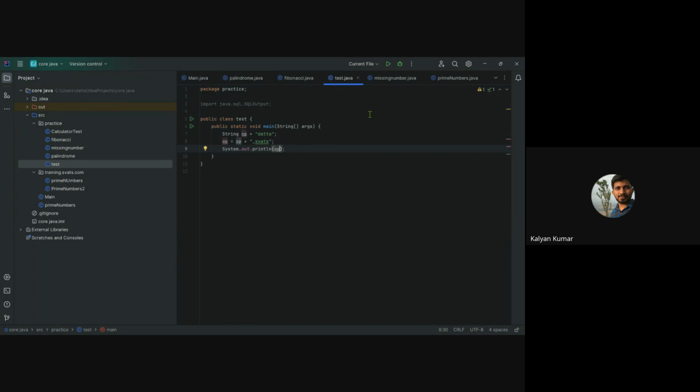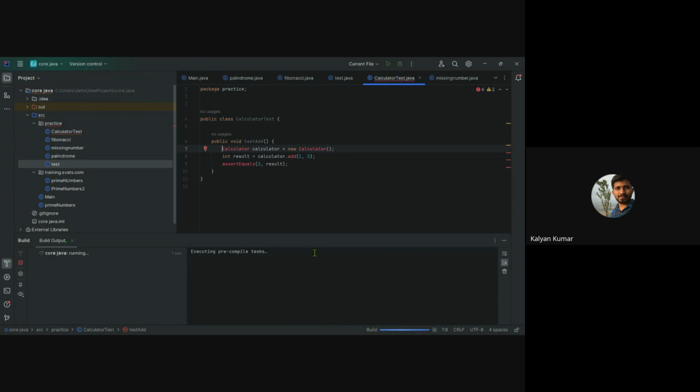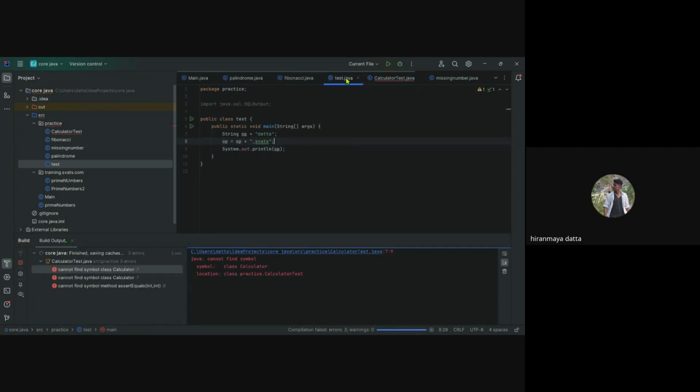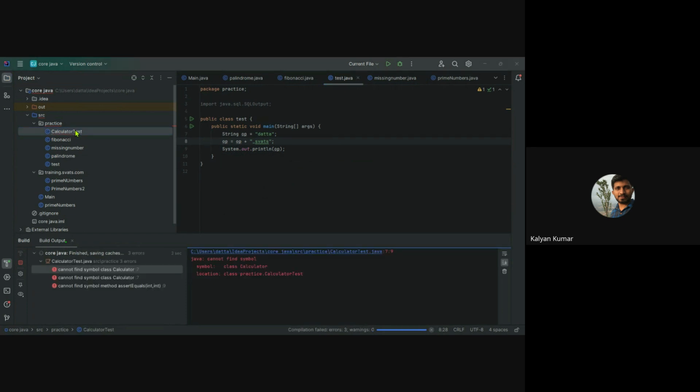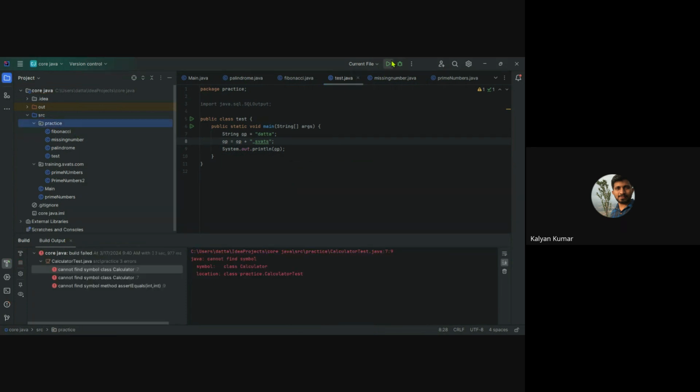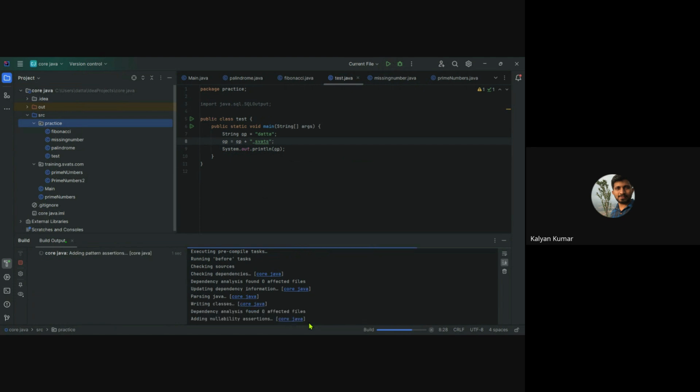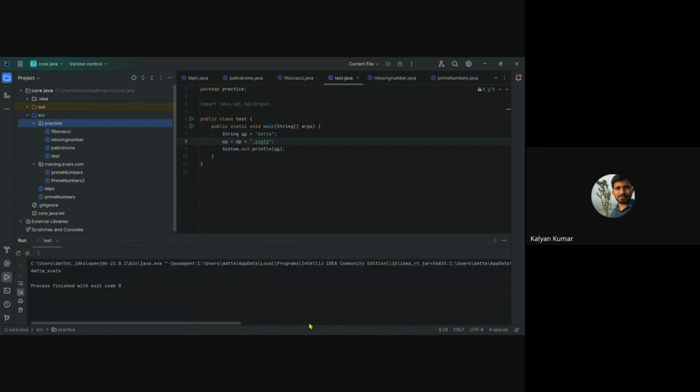Save and try to execute. To execute you are running already. What's the output? The swats has come.